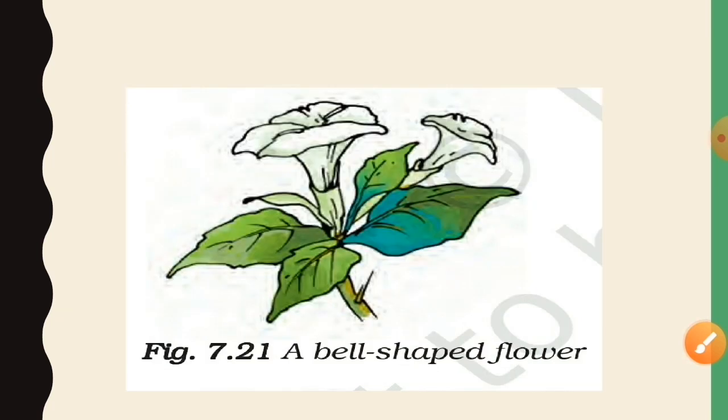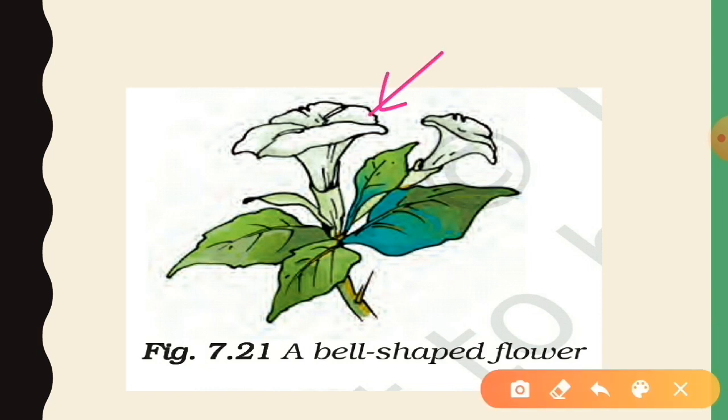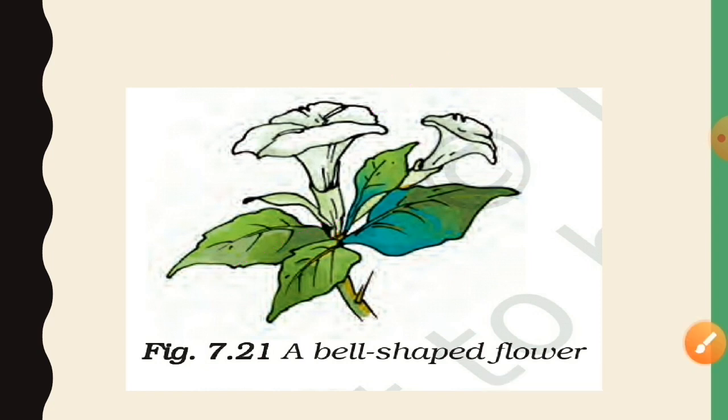Look at this flower and compare it with the previous one. Here you can see the petal which is white in color is jointed. It's a bell shape. So all the petals are jointed together. There is just one petal if I count on the basis of which we have discussed in rose. Now the second thing, look at the sepal. Even the sepal is jointed here. So this flower is completely different from the rose which we have discussed earlier. So there are many types of flowers around us.